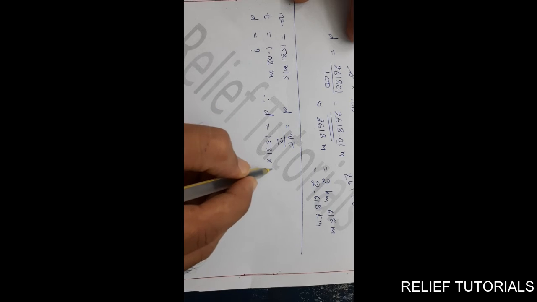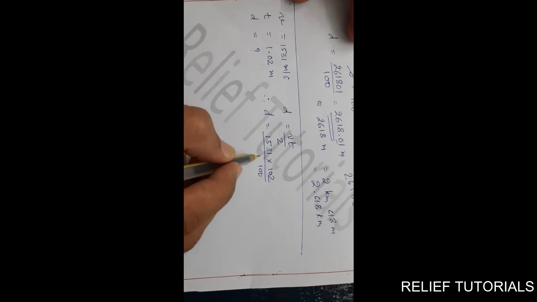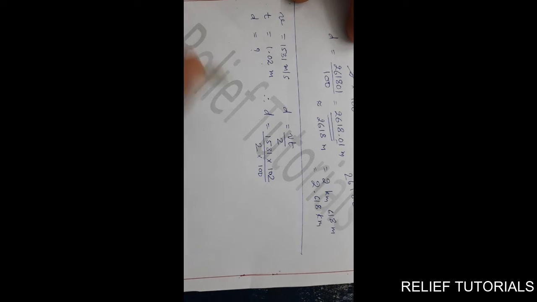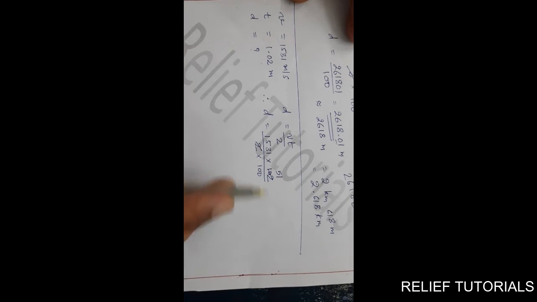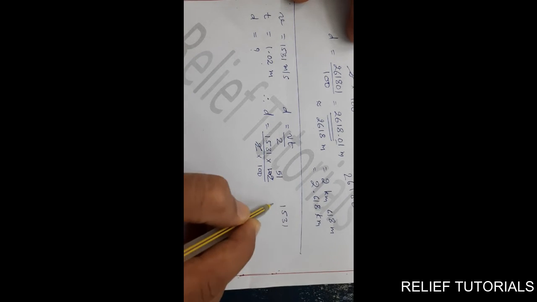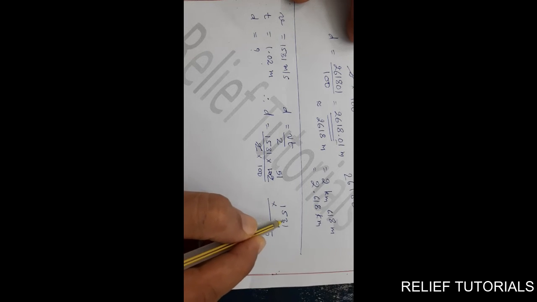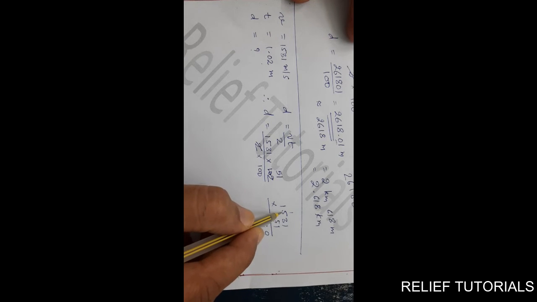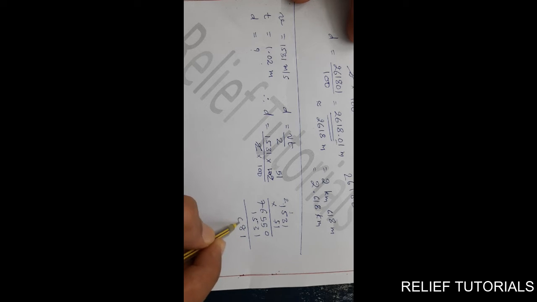Put the values, D is equal to 1531 multiplied by 102 upon 100. 1.02 is converted into a simple fraction and divided by 2. So the 2 here will be cancelled with 102, leaving 51. Multiply these two numbers, 1531 multiplied by 51. 1 times 1 is 1, 5 threes are 15, 5 fives are 25 plus 1 is 26, 5 ones are 5 plus 2 is 7, and 1531.